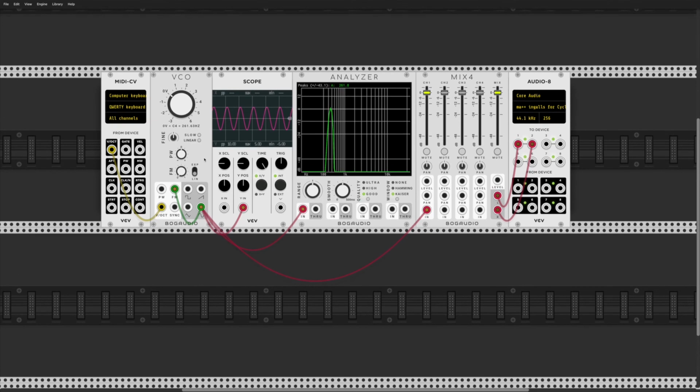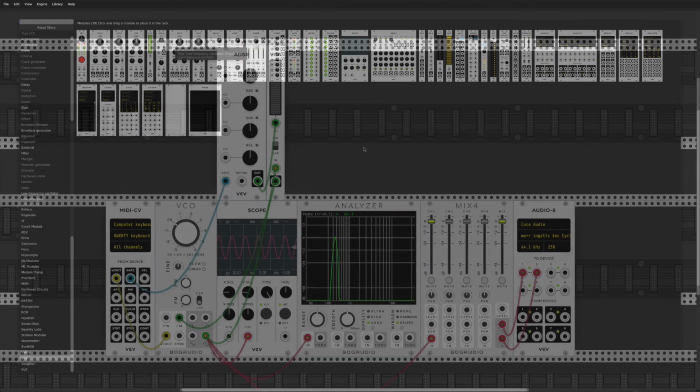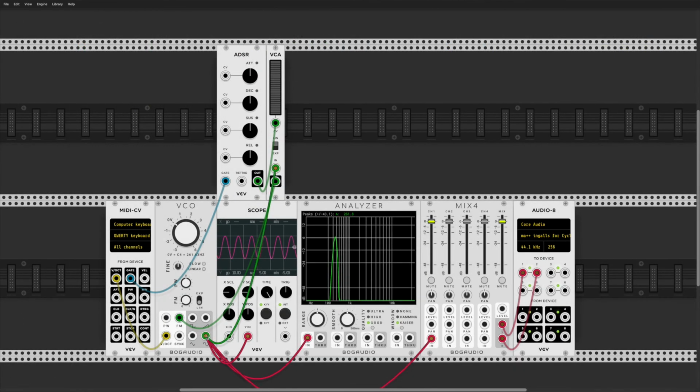In fact, speaking of envelopes, let's go ahead and add an envelope to this. All right, so now I'm taking that modulation output from my VCO, sending it up into this VCA, and then out into my FM input. I've got my FM index up a little bit, my FM depth, and then I'm modulating that with this envelope generator, which the gate is coming from my keyboard. So now when I press a key,